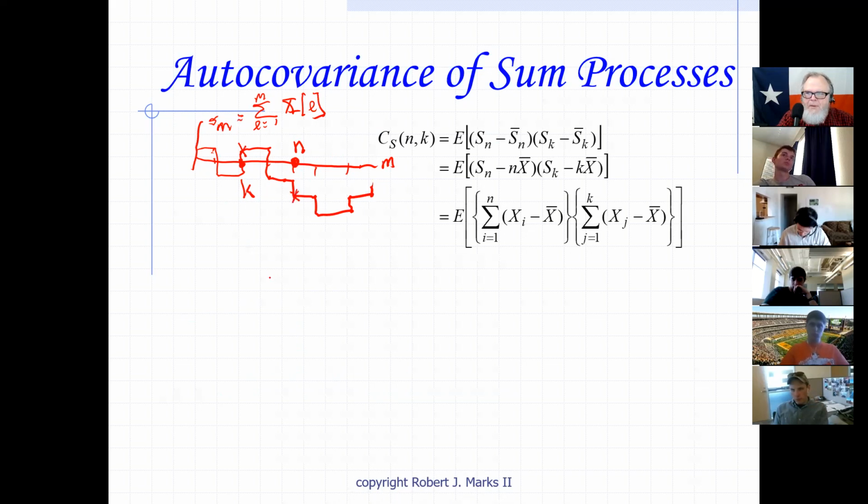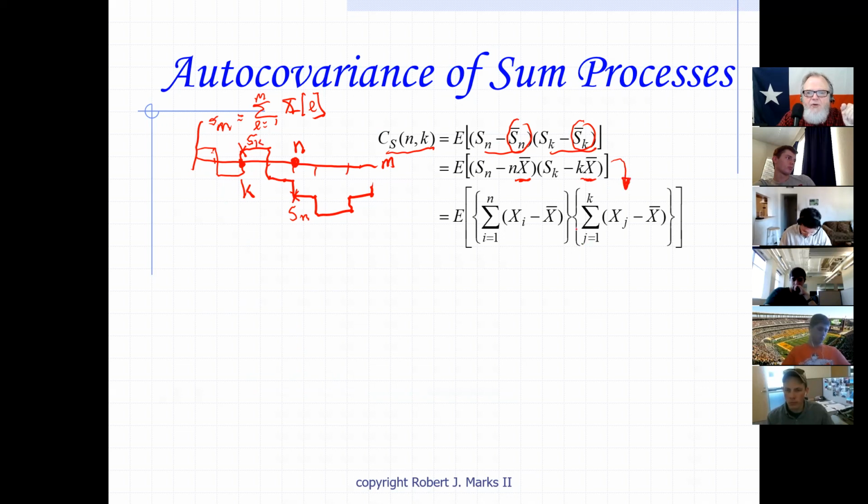Okay? And so we're going to have to do the cross correlation between this S sub k and this value here, which is S sub n. So we're doing the autocovariance between 2 points in the stochastic process. Now, in order to do this, if we go to the definition of the autocovariance, it's equal to this times this. That's the definition of the autocovariance. And of course, S sub n here is equal to n times x bar. S sub k is equal to k times x bar. And we can manipulate this into simply the following relationship,